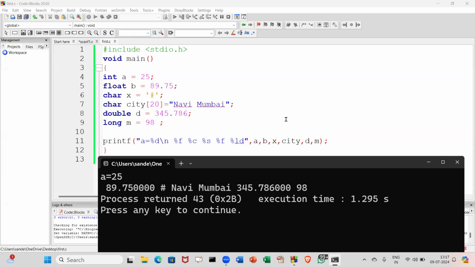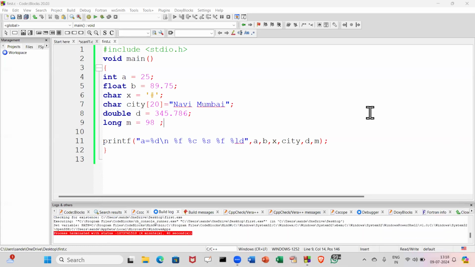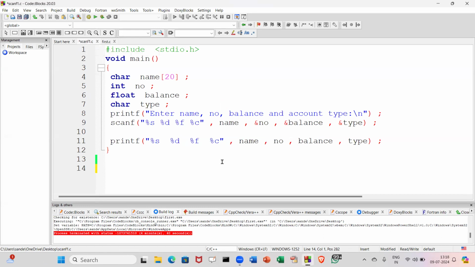Now let's understand how the scanf works. Okay, तो उसके लिए हम दूसरा प्रोग्राम लेते हैं जो मैंने ऑलरेडी रेडी करके रखा है, ये वाला, ठीक है। Now this is a very small program in which we have printf as well as scanf. Okay, and in this program what we'll try to do is we'll try to read a few things from the user. Okay, and then we'll again display these things, ठीक है।